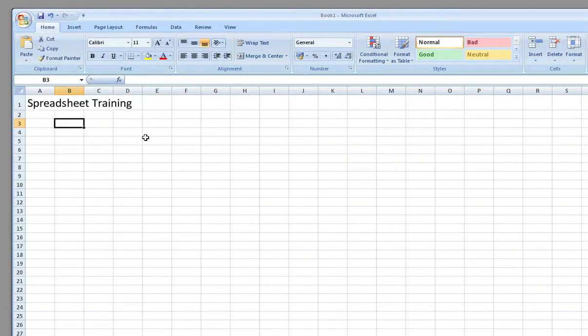We'll come on to looking at the things on the ribbon as we encounter them, because that's essentially where the whole program now is. So what is a spreadsheet and what is it for? Well, it's a way of taking a lot of data and combining it. What I've opened here is called Book 1, and that's a bit of a telltale that they use the word book, because a spreadsheet,